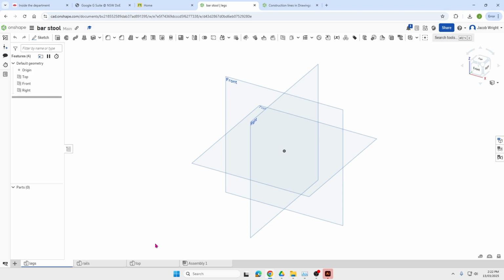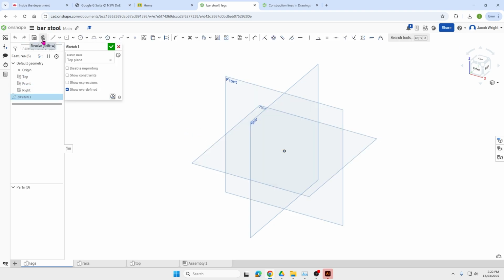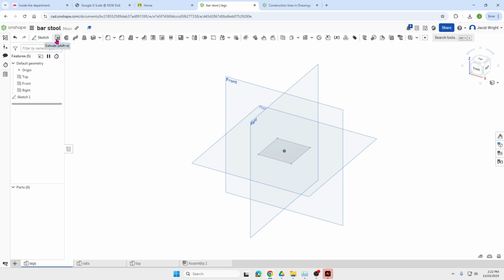So with our legs, for my particular bar stool, I'm going to do it similar to the teacher work sample that we've got down in the workshop with some 42 by 42 millimeter legs. So I'm going to start with a top view and do a sketch and start just with my 42 by 42 profile. So as I have in previous videos, I'm going to draw a center point rectangle, 42 by 42, type those measurements in and hit enter, and I'm going to accept that sketch by clicking on the tick,